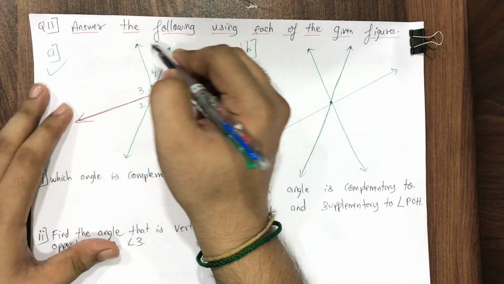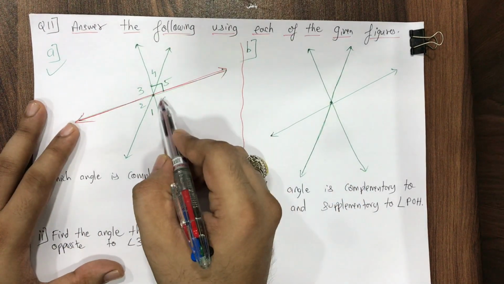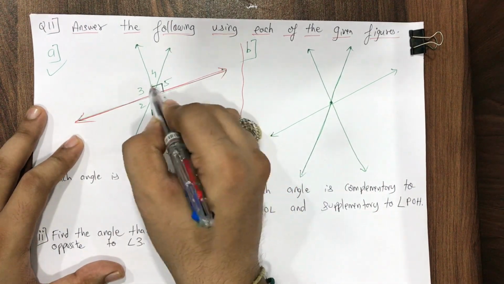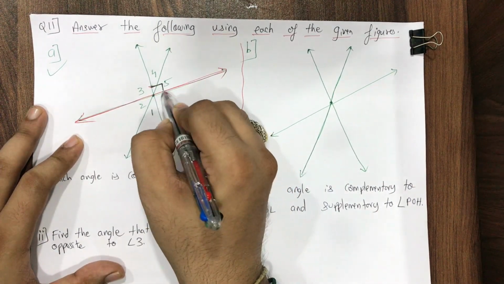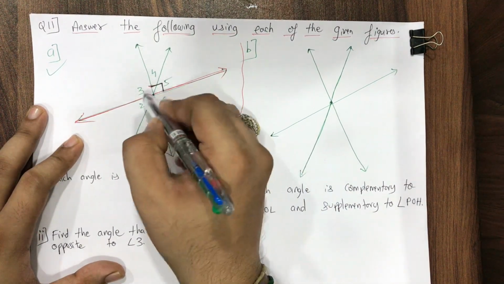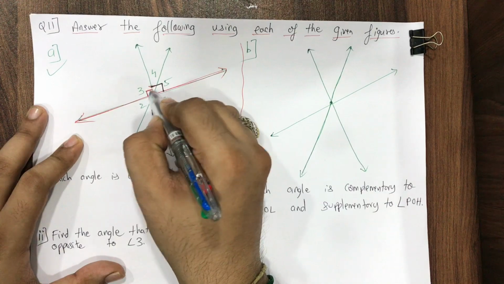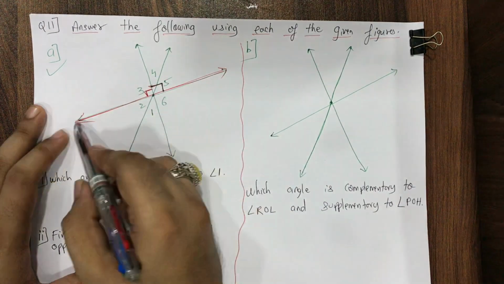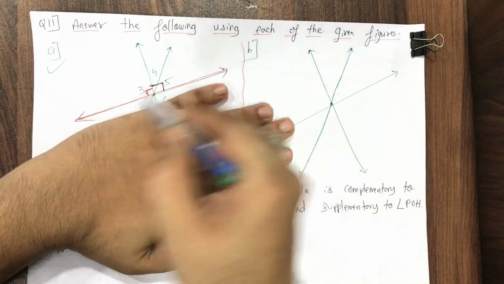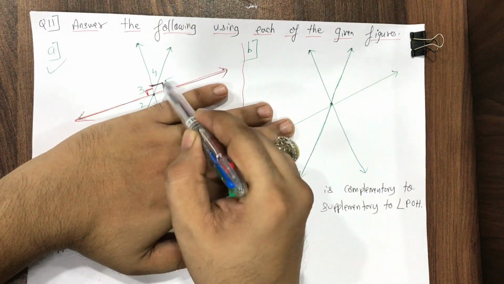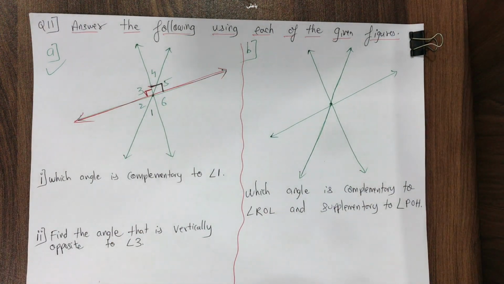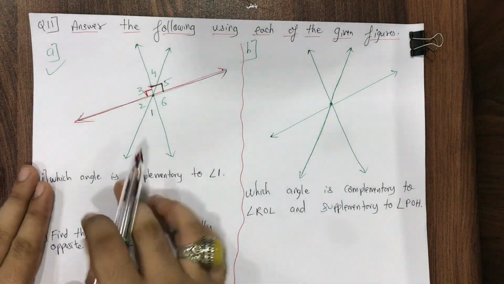Okay, can you see here now, all of you, because this is a straight line and it's given to me, see this is 90 degrees. This box means it's 90 degree. So this 4 and 5 ka addition is 90 degree. So can I say this also will be 90 degree? Why? Because sum of all the angles on a straight line is 180 degree. See, this red color was a straight line. So if this is 90, this also becomes 90.